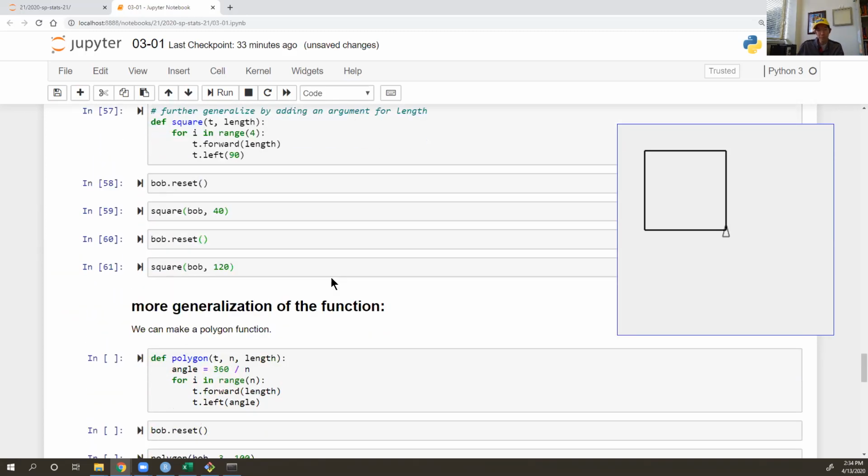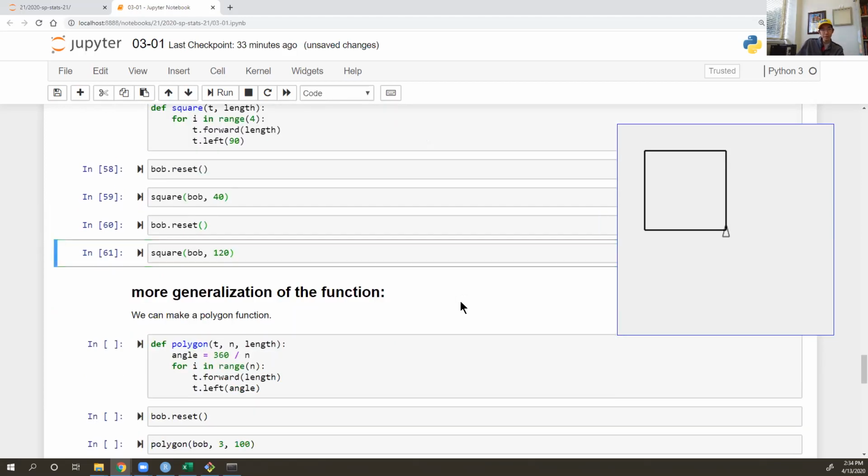So this is all just part of generalization. One strategy for writing a function and getting something to work is you should always think about a simple example and a simple version of it, and see if you can get code to run there. Then once you get the code running, you can think about encapsulating and generalizing it. So usually if I need to accomplish a task, before I even think about writing it as a function, I will think about the code that needs to be written for just a single instance. Then once I can get it running for a single instance, I can think about generalizing it into some kind of